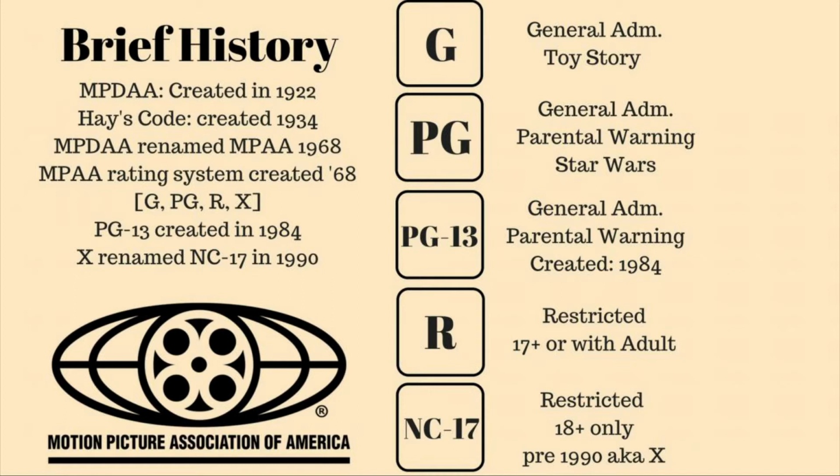But before the MPAA had its rating system, they had the Hays Code, which was a standardized thing to protect the new and emerging audience of feature films. So remember, 1929 and on, we have this huge influx of new film audience members. So lots of children are going to see films now, and the content within films may not have been acceptable for children. There's a huge